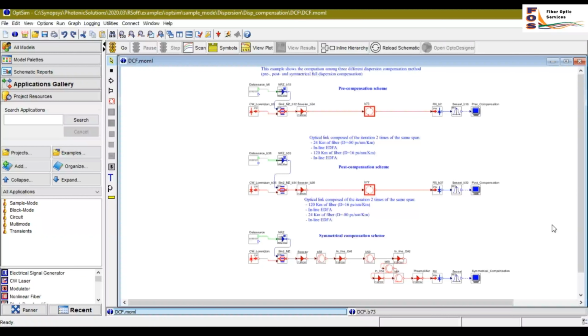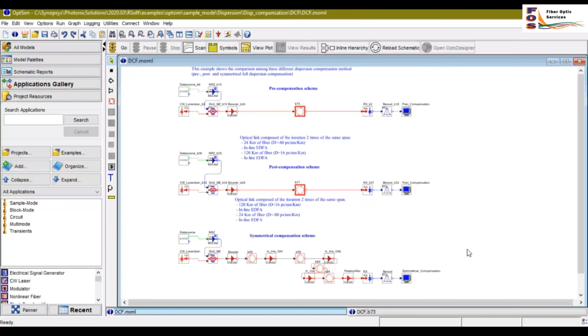One method for dispersion compensation is to deploy a specially designed section of fiber with a negative chromatic dispersion. In this example we are going to compare three different dispersion compensation methods: pre, post and symmetrical full dispersion compensation. This is the OPSIM schematic for such a comparative study.